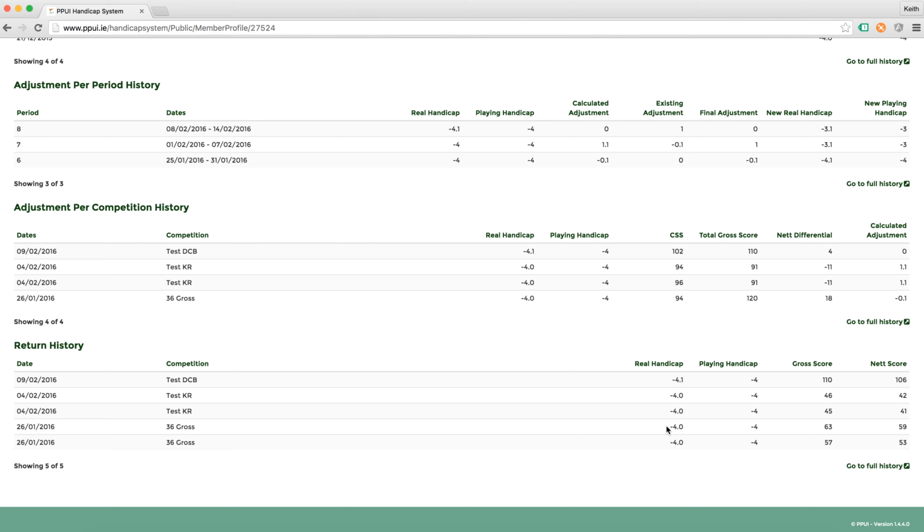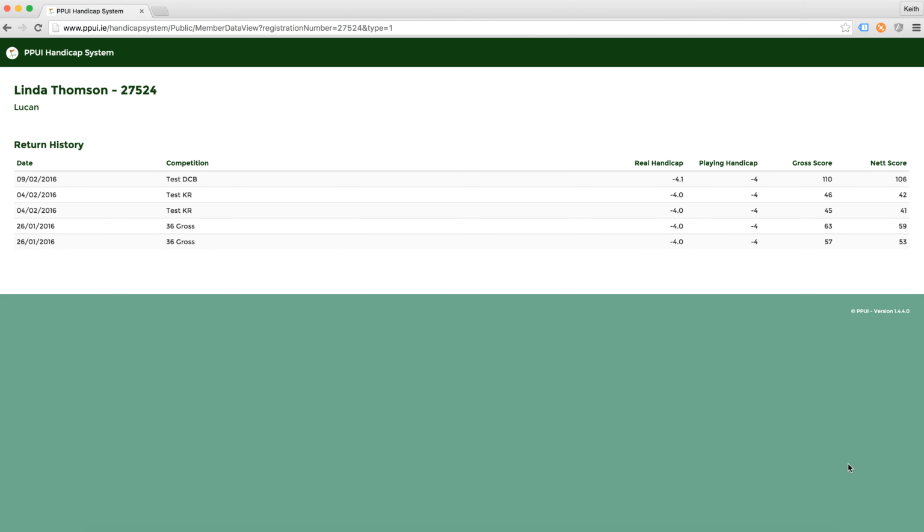We can see that their real handicap for that competition was -4.0 and that they played off -4. We can see their gross score in that competition, and we can see the net score that they ultimately had at the end of that round. We can see that for every score that the member has ever returned to the handicap system, and if they've returned a large amount, we can go to the full history to see that broken down and presented in a full list. In this case, the member obviously only has 5 scores returned, as the system is currently in test,